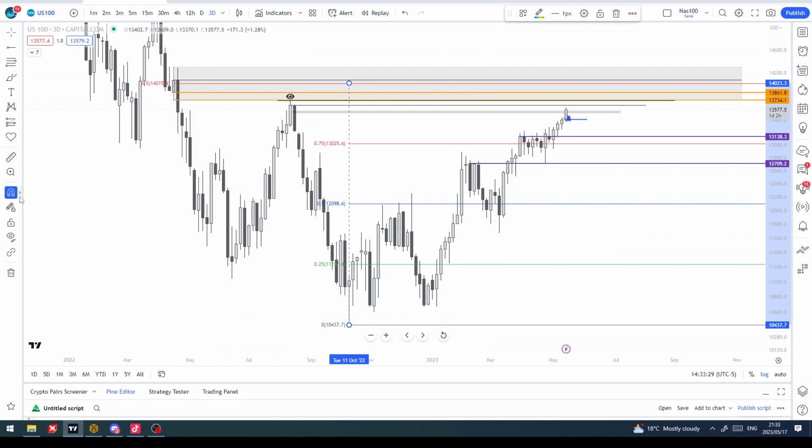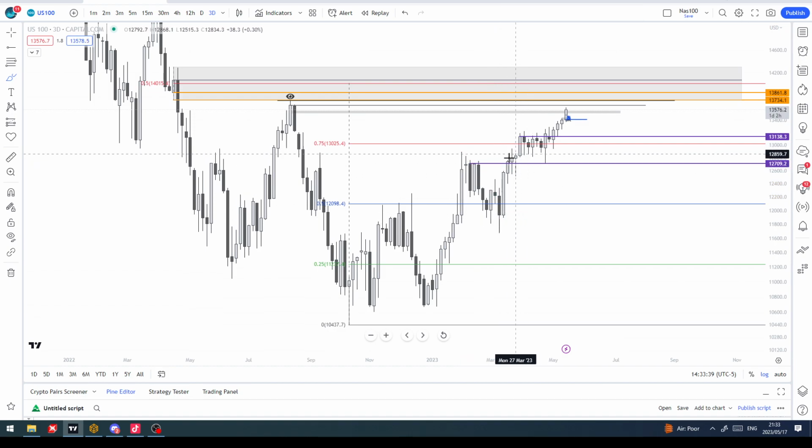You can see that they've consolidated around the 50%, right? They've run stops and went up to the 75%, and it caught some speed here, but